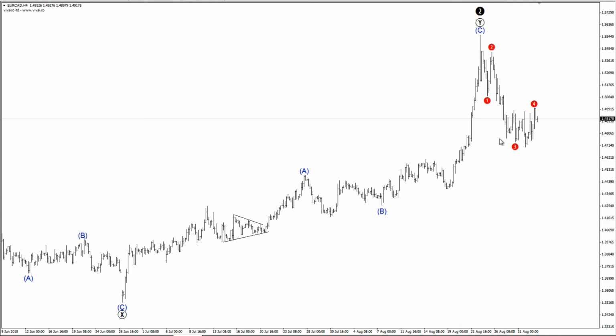Okay, next is Euro Canadian. Here I have labeled first 4 waves of the structure to the downside. I'm expecting more downside on this pair. Price now 149.17, and if we have completed the 4th wave correction, next we should see a decline to the downside, perhaps towards 145 levels. Key levels on Euro Canadian are 150 is the resistance on the upside,